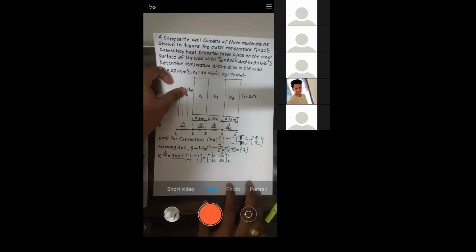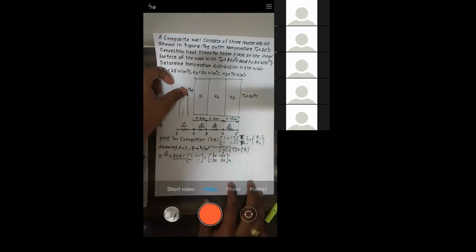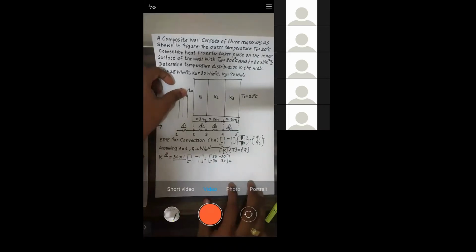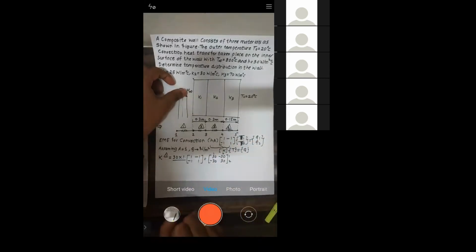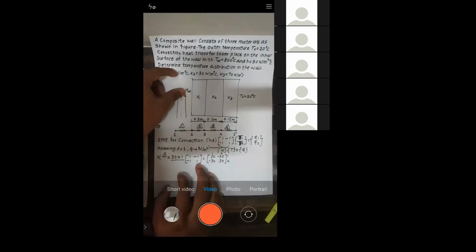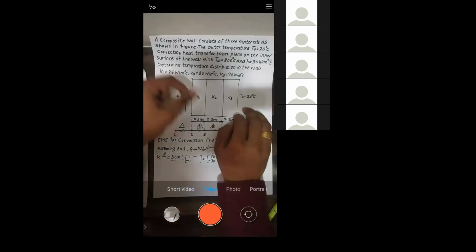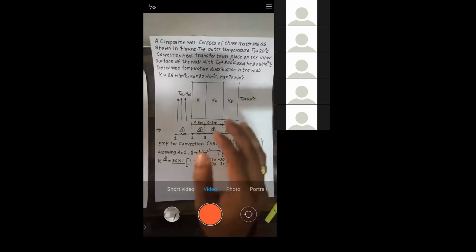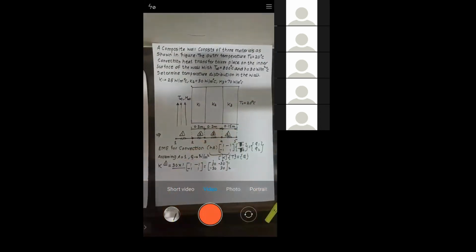Sir, area is also not mentioned. Where area? Sir, if there is a temperature difference, then obviously some heat transfer through convection has to happen. So they should provide the value of the heat transfer coefficient, no? We can't deny the fact that there is convection going on the fourth surface also, no? See, if you want the heat to transfer by convection, there has to be some heat transfer coefficient. And if that heat transfer coefficient is not there, how will the heat be transferred?